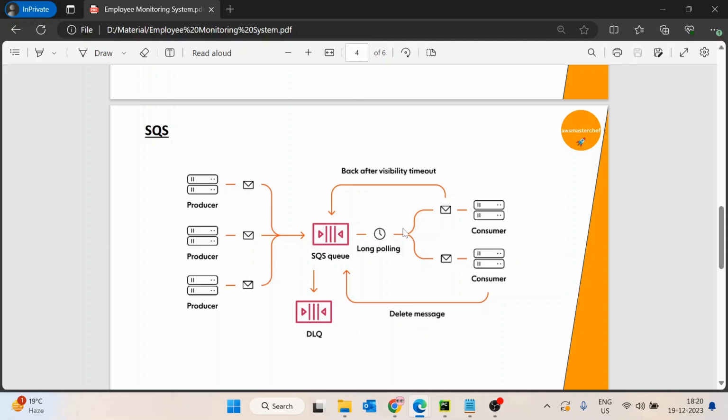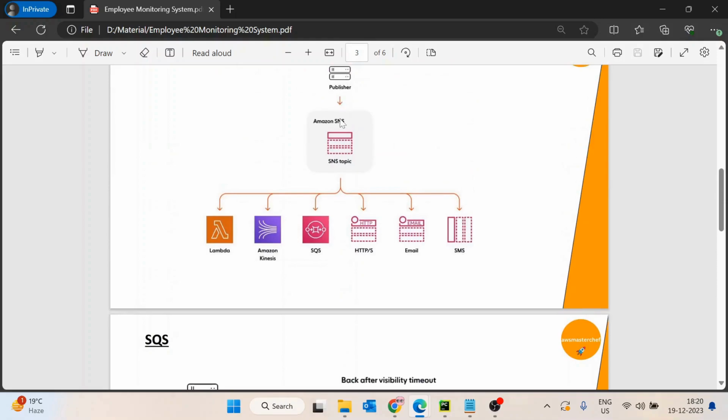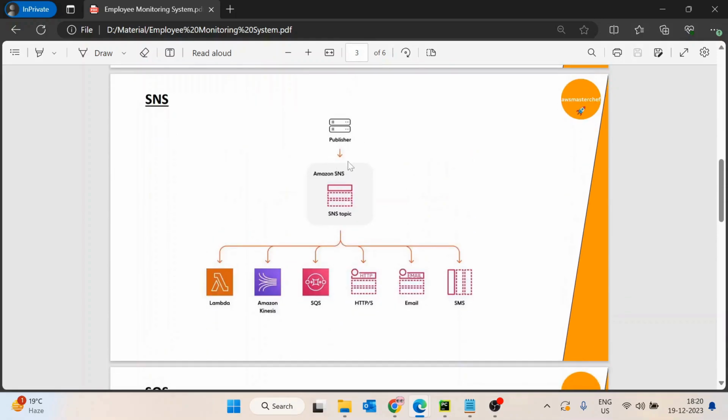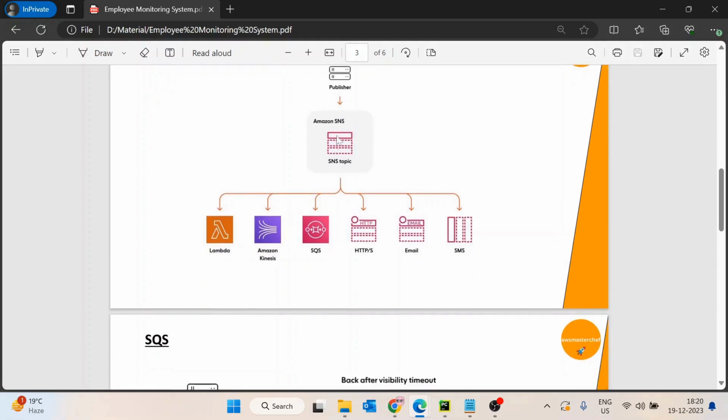In the context of employee monitoring, we need to publish a configuration change. For example, we have changed the screenshot frequency from 20 seconds to 1 minute, and we want to notify this change to all the devices. Let us suppose we have 100 devices, but the issue is that our application runs on a local machine, the local laptop. We don't have the feasibility to subscribe from our local machine, because we need a public routable IP address for that.